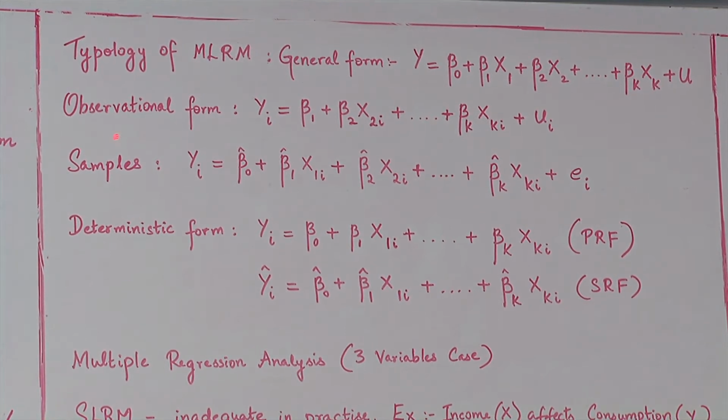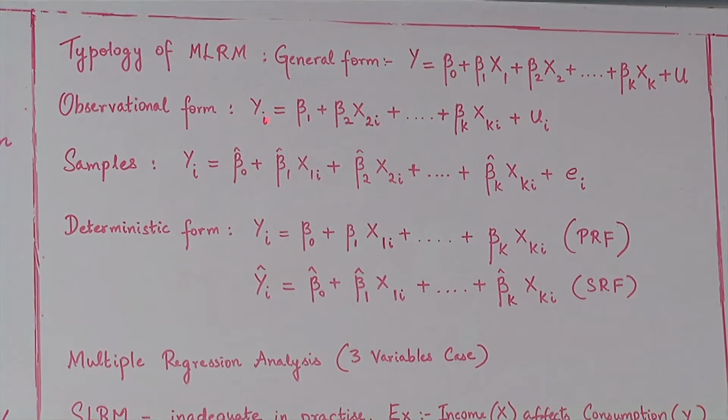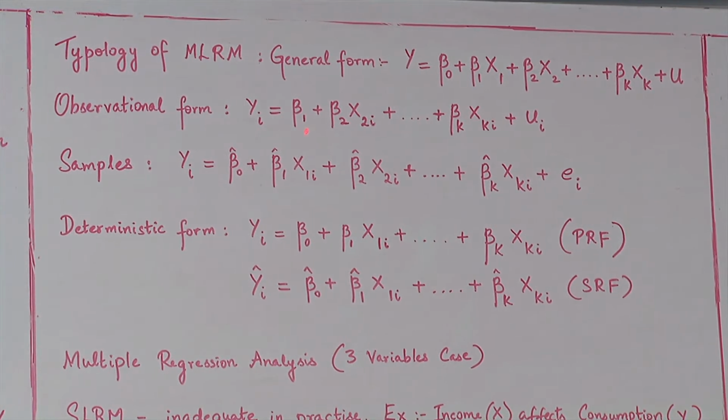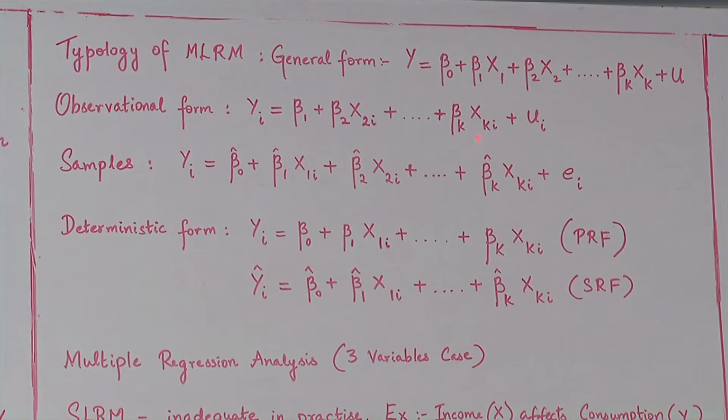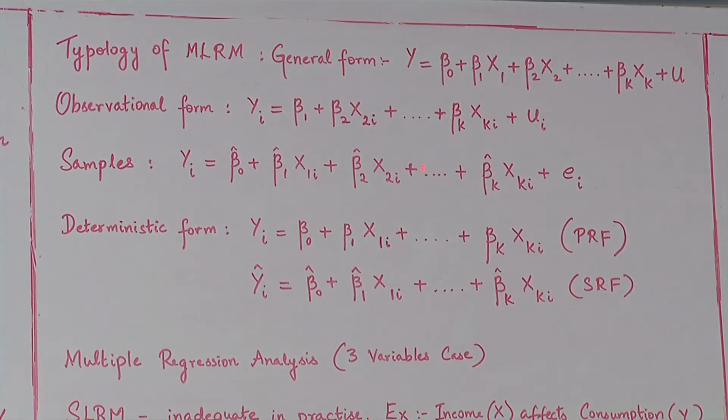Now, let us look at the observational form. Here it is written as y i is equal to beta 1 plus beta 2 x 2 i plus etc. plus beta k x k i plus u i. Here we have an additional i, which shows there are ith observations, and let me tell you, this is a